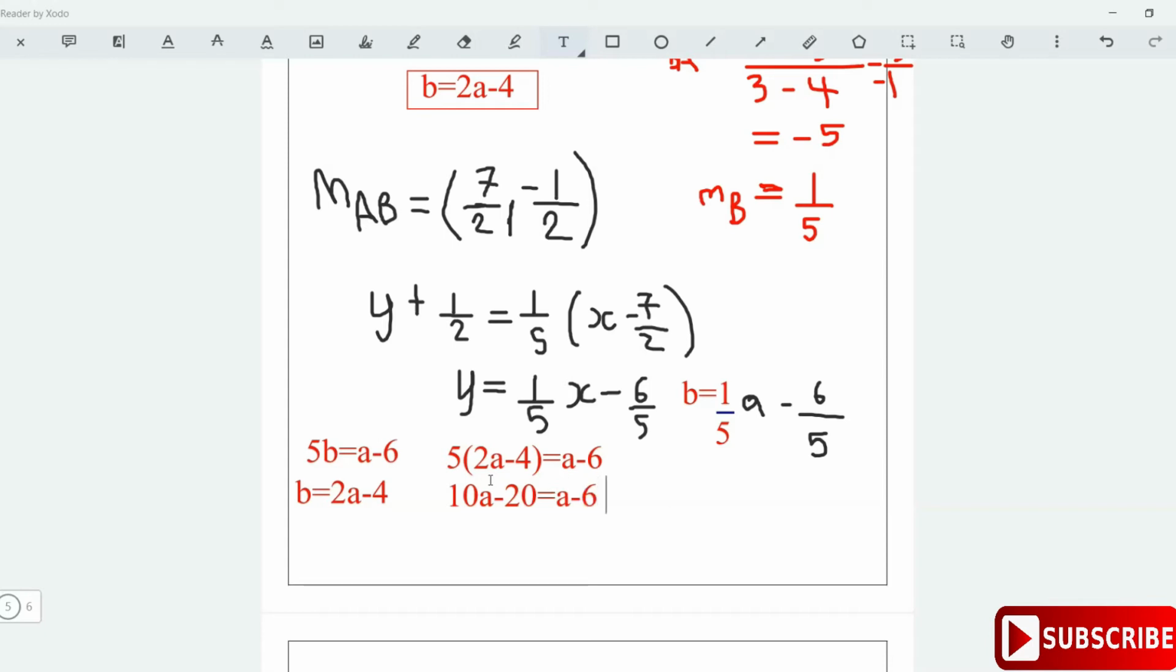Now look at that. What that implies then is that we bring over this a over here to get 9a, and bring over this 20 over here. Let's see, did I expand this right? 5 times 2 is 10, 5 times 4, 20, bring over the 20, minus 6 plus 20 is 14, so I get 9a equals 14, and so that is giving me